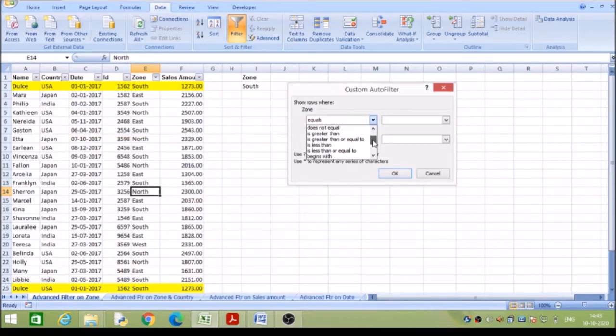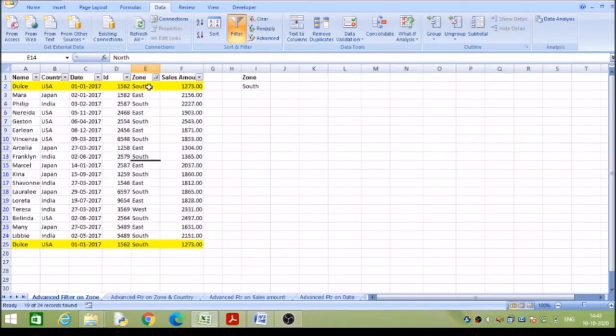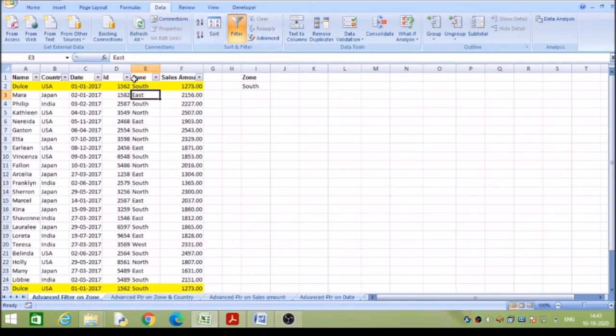Since I selected a zone, which is text, I am starting with begins with SO, or ends with ST. So here I got the zone name which begins with SO and the zone name which ends with ST. So here we can go for a combination of filter criteria.